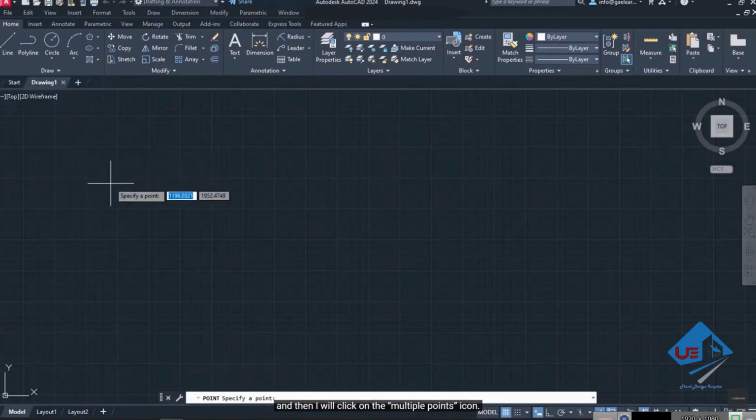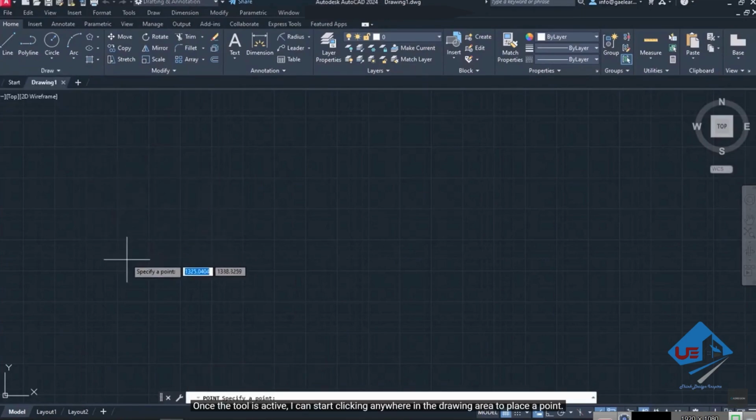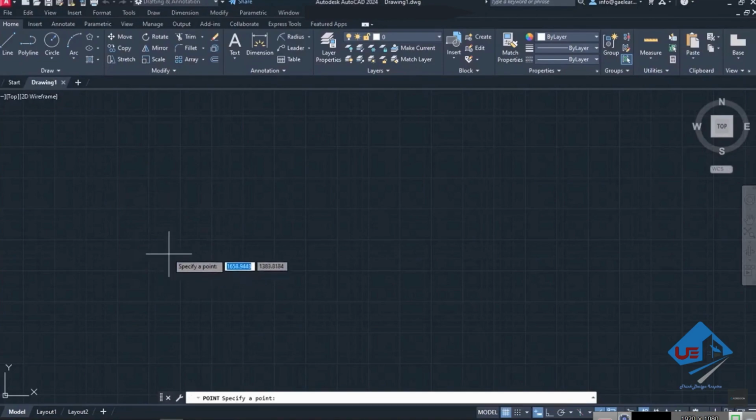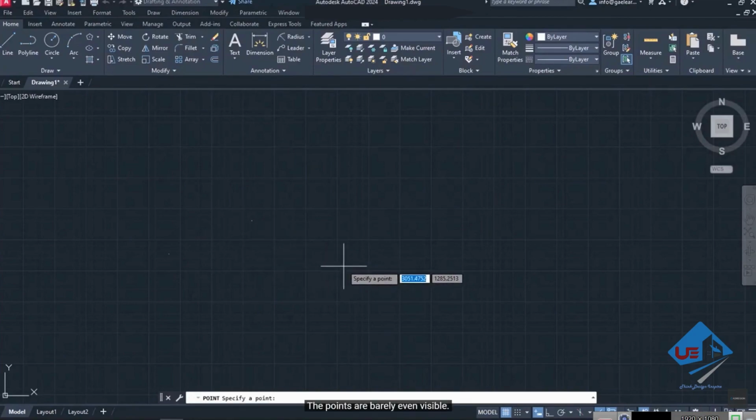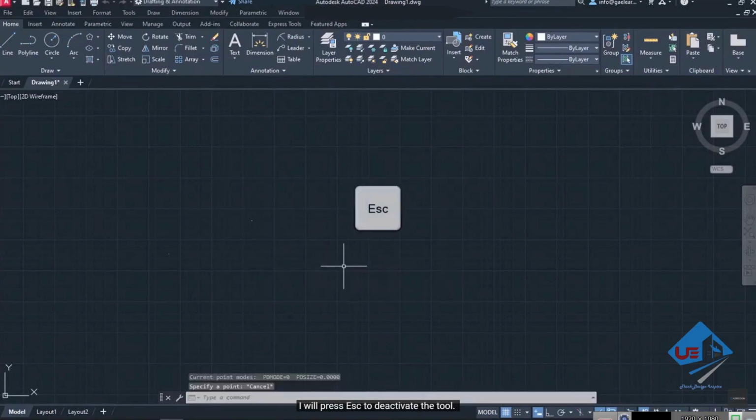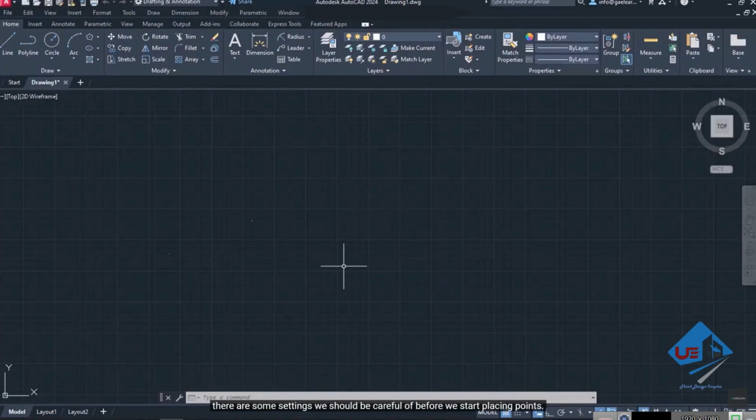multiple points icon. Once the tool is active, I can start clicking anywhere in the drawing area to place a point. I will click once, then twice, but notice that nothing seems to happen. The points are barely even visible. I will press Escape to deactivate the tool. Though there's no difficulty in using the tool, there are some settings we should be careful of before we start